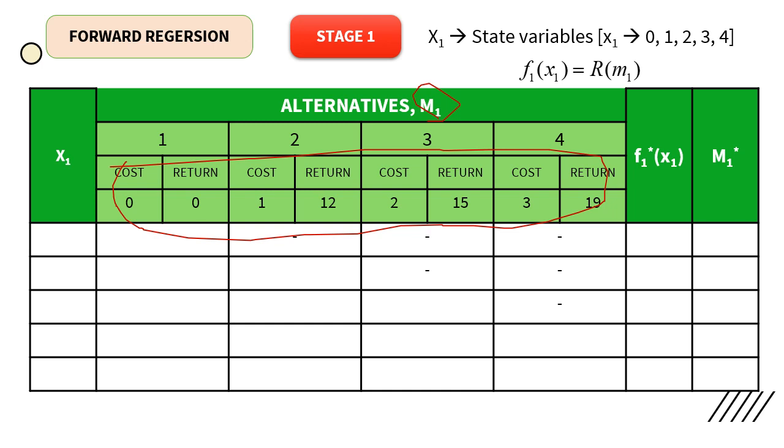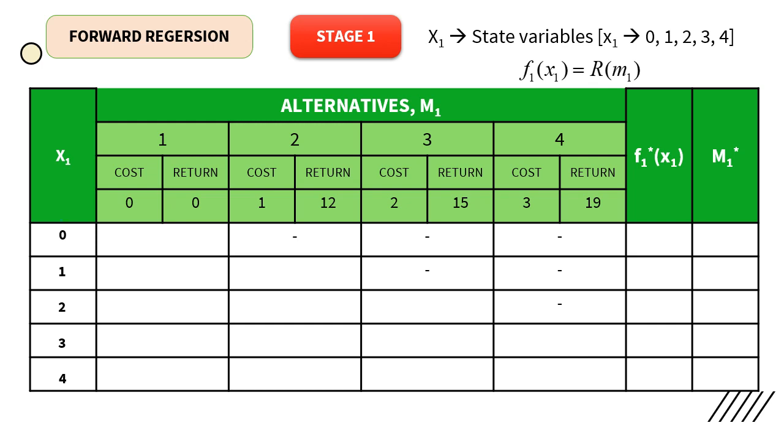This is indicated in the table that I am writing column-wise. So now let us proceed. Let me name this as 0. My x1 is 0, 1, 2, 3 and 4, so this indicates how much I am going to spend.